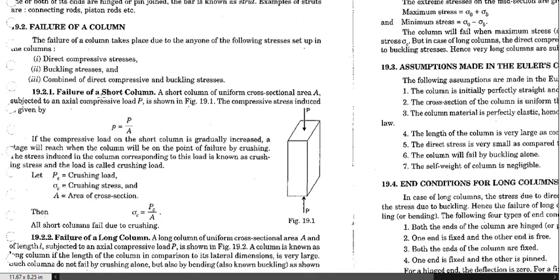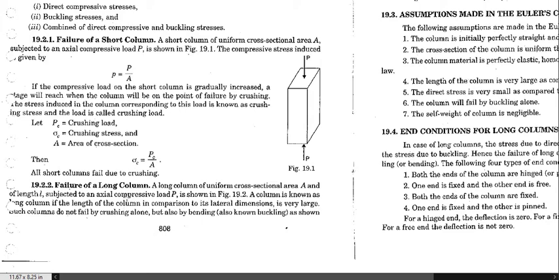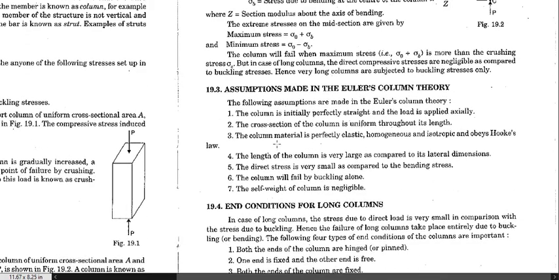Crippling load is defined as the load at which our column buckles or fails. The failure of a short column is mainly due to the axial compressive load, and this is the crippling load at which our structure gets crushed by the external acting load, and that is known as sigma c, the crushing stress. Next, when the column fails due to the buckling effect or bending, that is mainly found in the case of the long column.